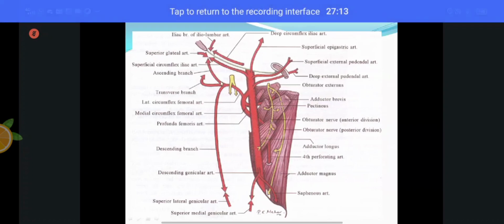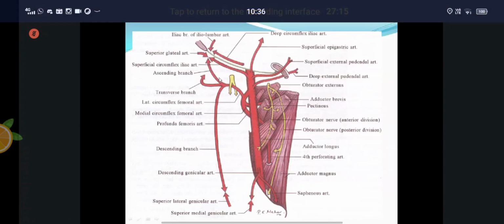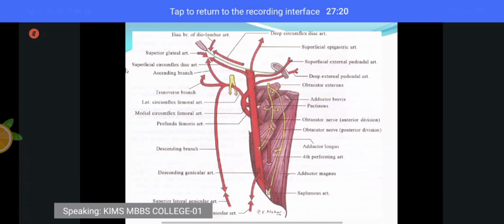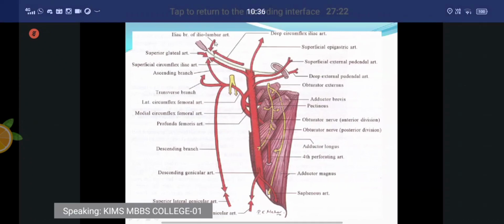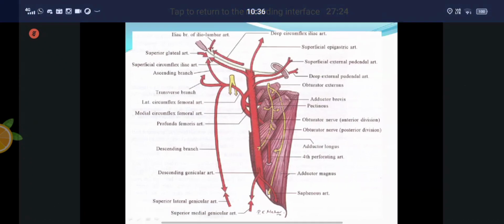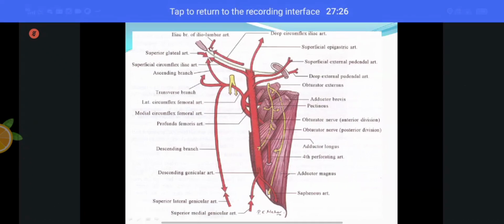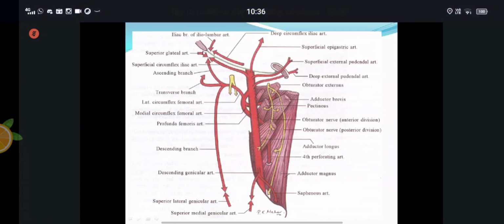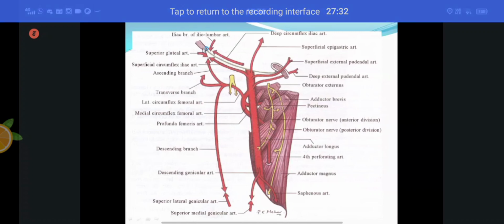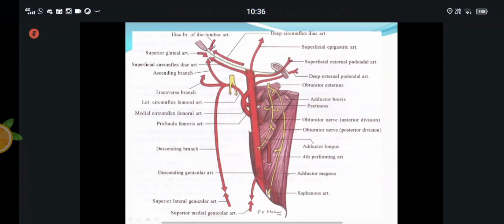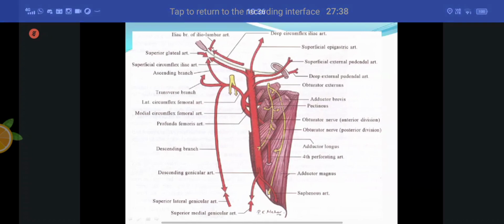So this one we have to learn by heart, or the best way to learn about the anastomosis is by drawing the diagram. Drawing the diagram, the first one from above, the iliolumbar artery, which is a branch of the internal iliac. The spinous anastomosis, if he gives it as a question for 5 marks, you have to write where it is taking part: near the anterior superior iliac spine. And what are the branches participating in the formation of the anastomosis?